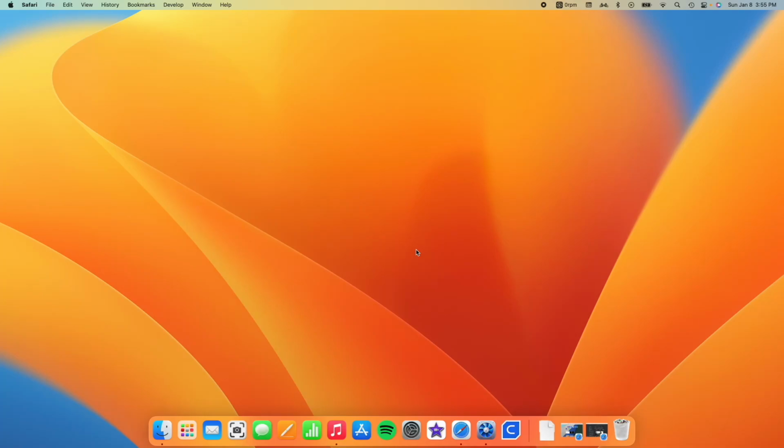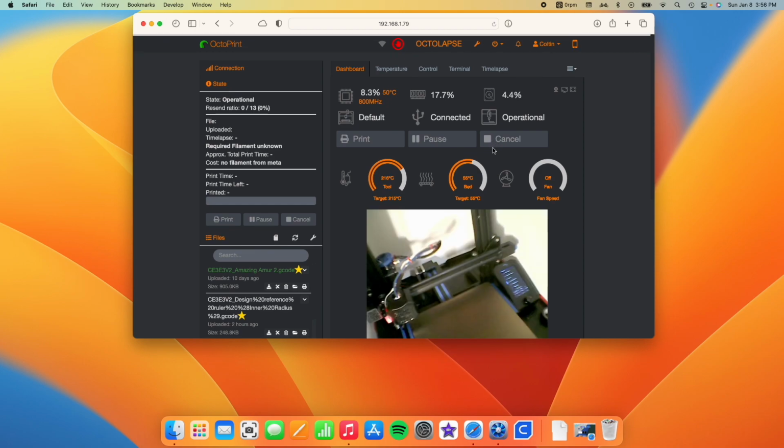Okay, so we are going to configure Cura and Octoprint so we can have slicer thumbnails in Octoprint. That will be a great feature, and let's do this. So, first thing we want to do here, we want to hop into the Octoprint server,